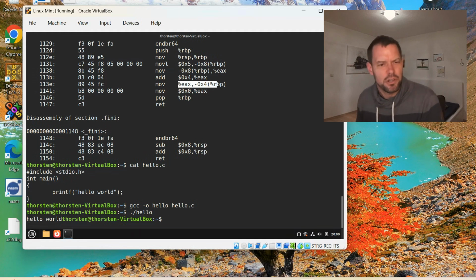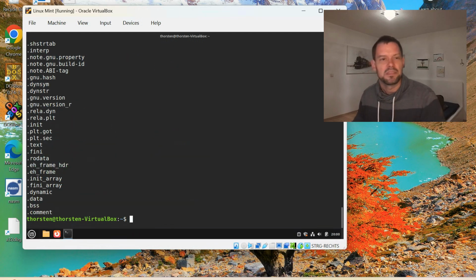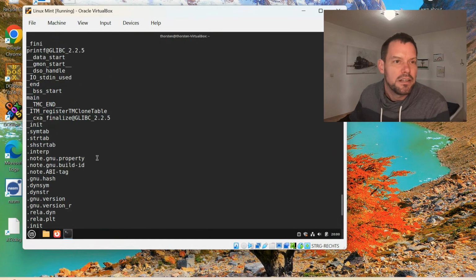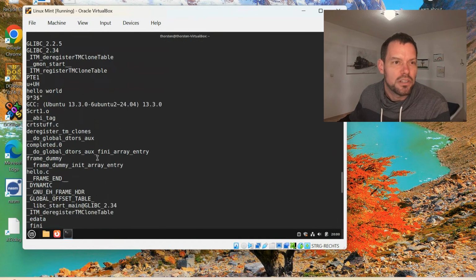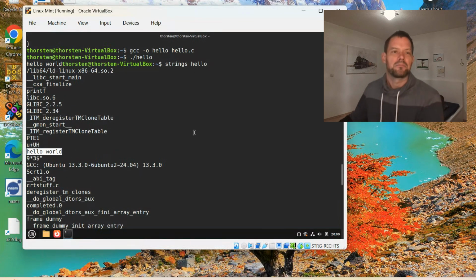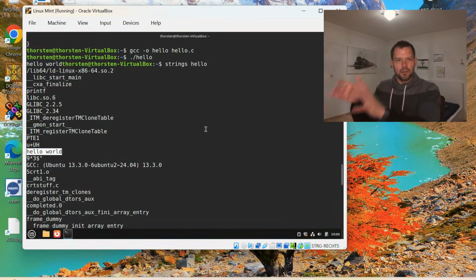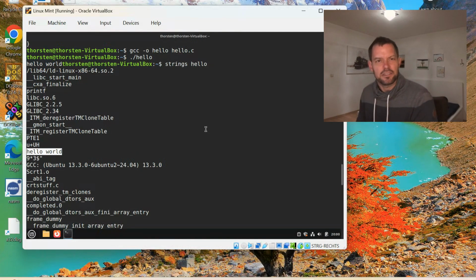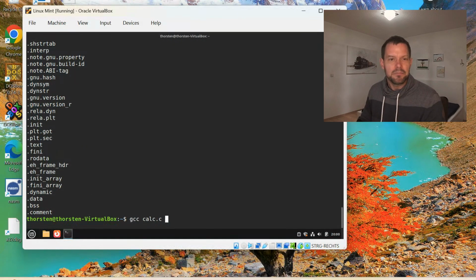So how does it work exactly? If we have a look at this file hello, and look at everything that is human readable, for this we use the command strings. Then inside this file we will also find hello world somewhere. Can I find it? Yes. Here it is. This is somewhere in the file. It will get loaded into memory when hello gets executed, and it will also have an address of this string. And when we now do an objdump -d,